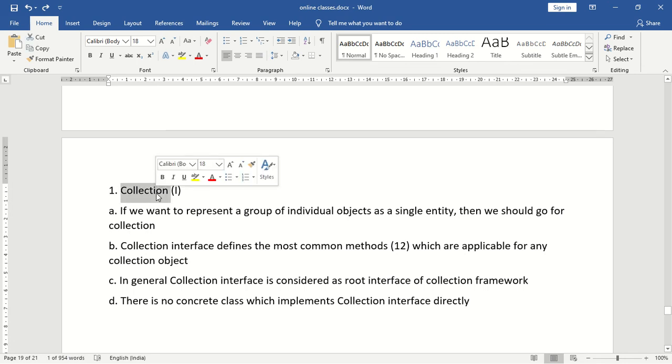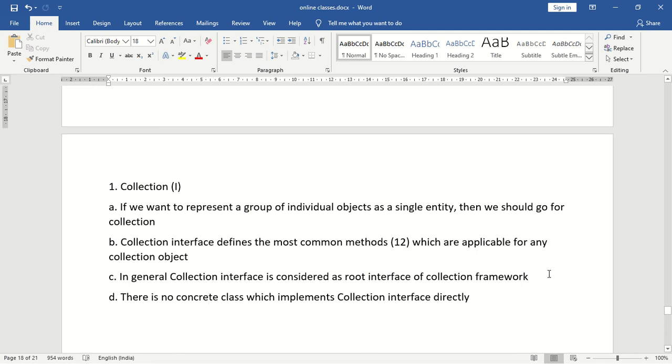For those child interfaces, there will be implementation classes. So there are no direct implementation classes, but it has indirect implementation classes. So point number 4 is there is no concrete class which implements the collection interface directly. The collection interface will have sub interfaces or child interfaces, and for those child interfaces, it will have implementation classes.